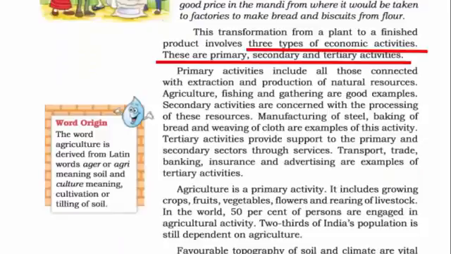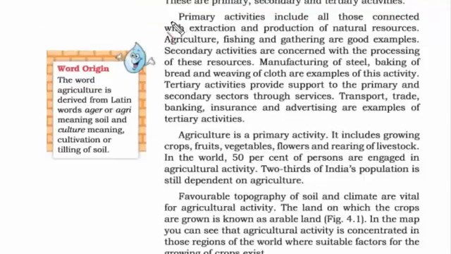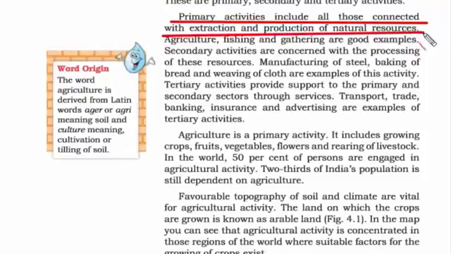So there are three types of economic activities. Actually it's four, but here we are talking about just three. And these are primary, secondary and tertiary activities. And just for general information, the fourth one is called quaternary. The definition of primary activity is anything that includes all those connected with extraction and production of natural resources. The best way to remember this is to start any activity you need resources, and most of the resources are naturally produced. That means from nature. So any activity wherein you have to put your hand directly into nature's resource, that is called primary activity. Some of the examples are agriculture and fishing.